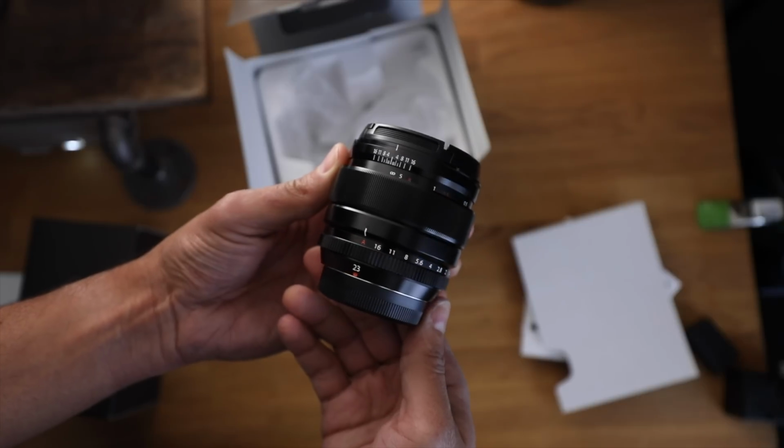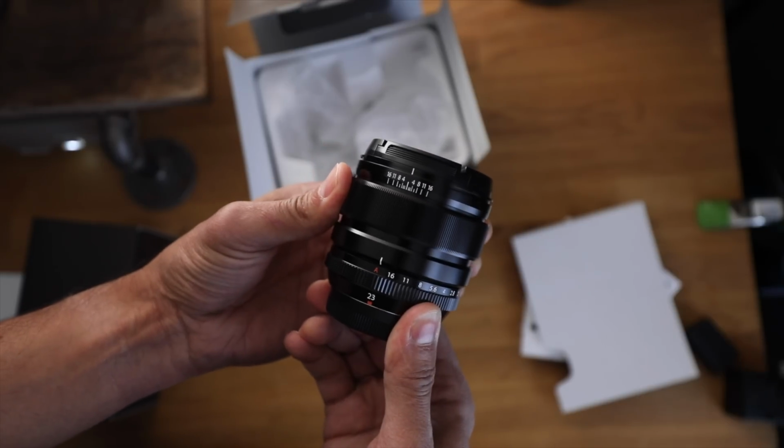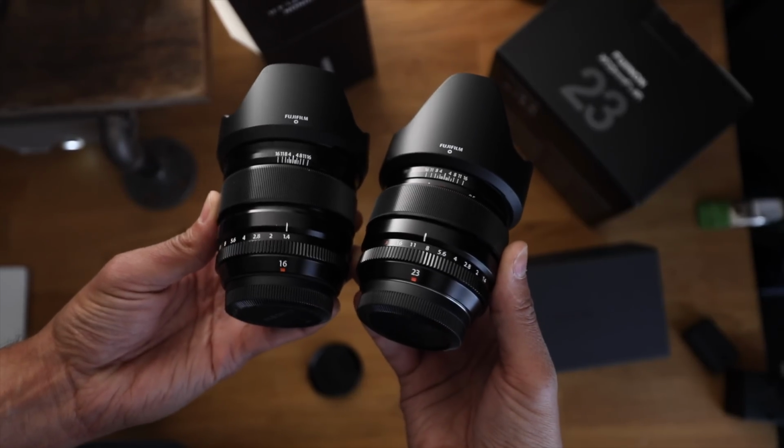The 23mm has a clutch, much like the 14mm 2.8 from Fujifilm and also the 16mm 1.4. And I don't really use the clutch mechanism too much when I shoot because I will, and by the way,